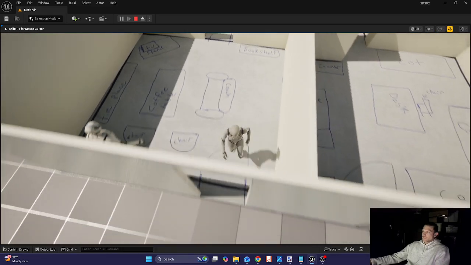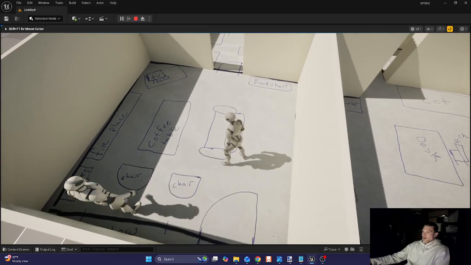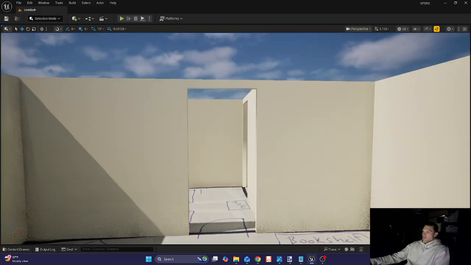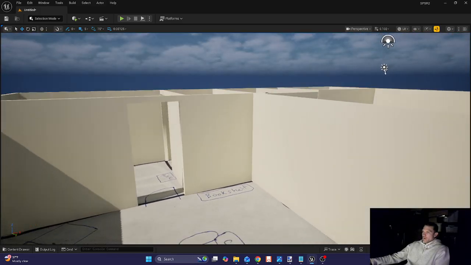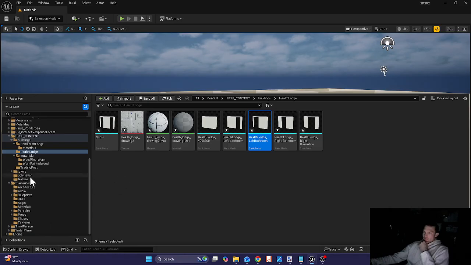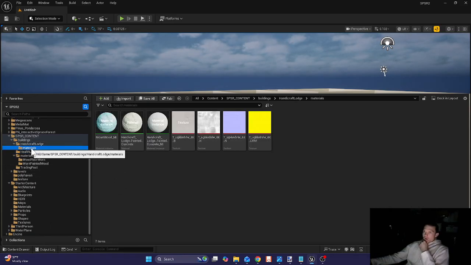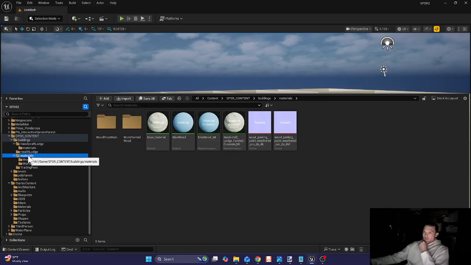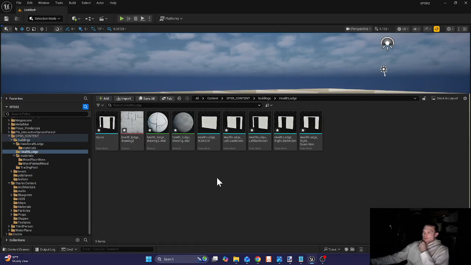We could probably go ahead and add some stuff in here to make it look a little more believable. I want to go ahead and put the floor and the wood walls on here. So let's drop the wood flooring that we made. And we have the material. We call this Handicraft Lodge. No, that's Handicraft Lodge. We need Health Lodge. Buildings, Health Lodge. Okay, we didn't put the wood in here yet, so